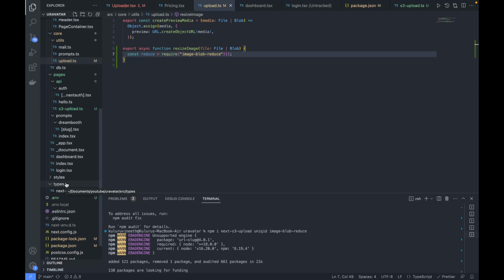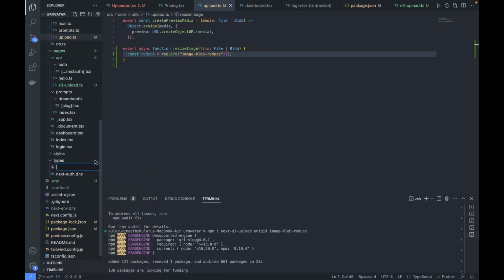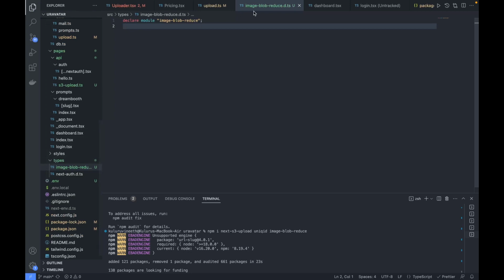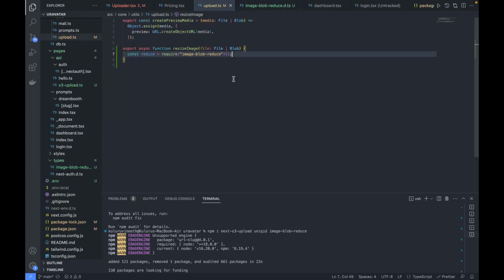So I will just write the type as image-blob-reduce.ts. And in this we just have to declare the module name as image blob reduce. Okay, fine. So going back to our upload.tsx,